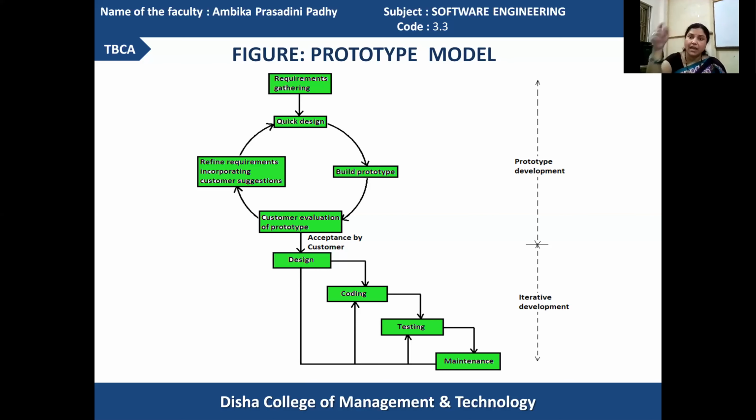The cycle of activities after the requirement gathering operation is completed is called your prototype development strategy, in which the customer acceptance, customer knowledge, and customer thinking are highly identified by the developer. That cycle of activities will confirm the customer's requirements. Then the rest of the development stages will be performed using an iterative development strategy.